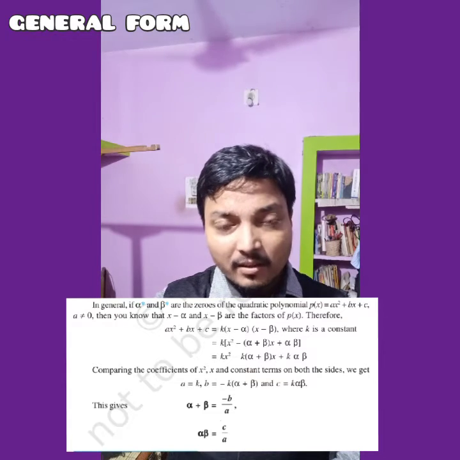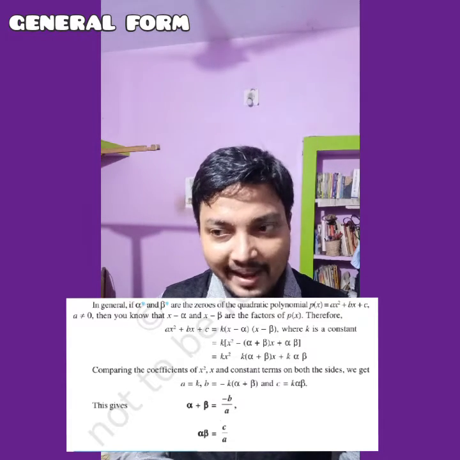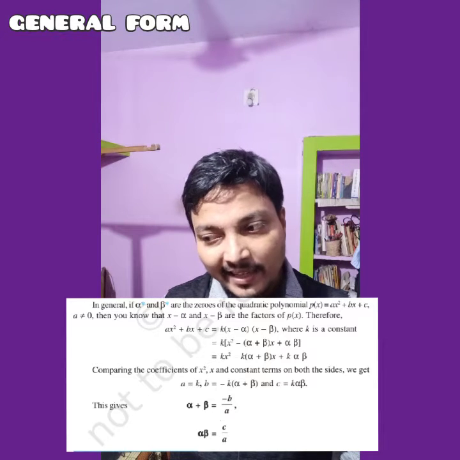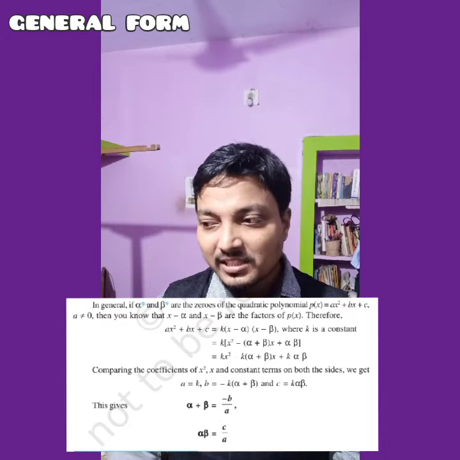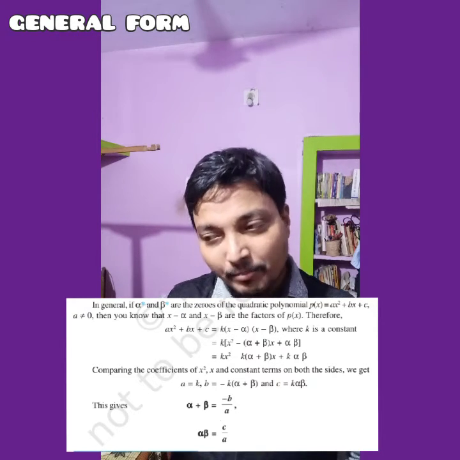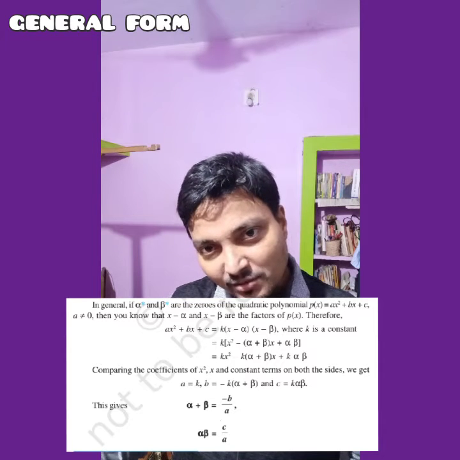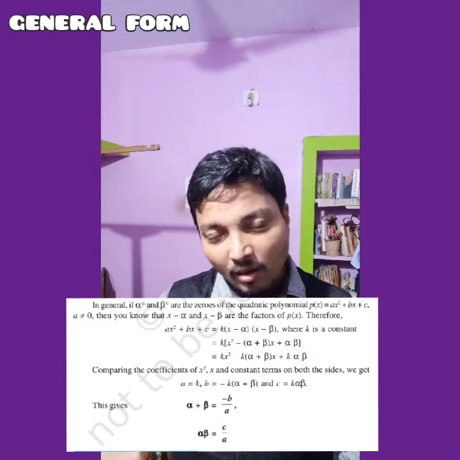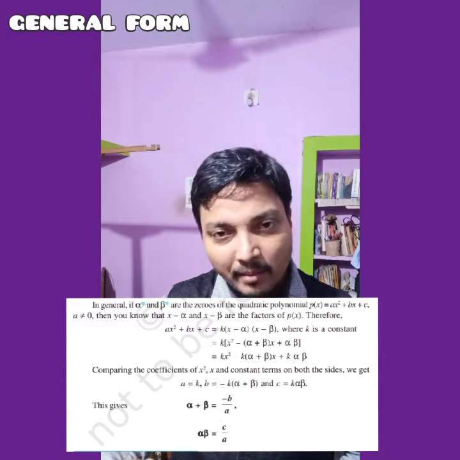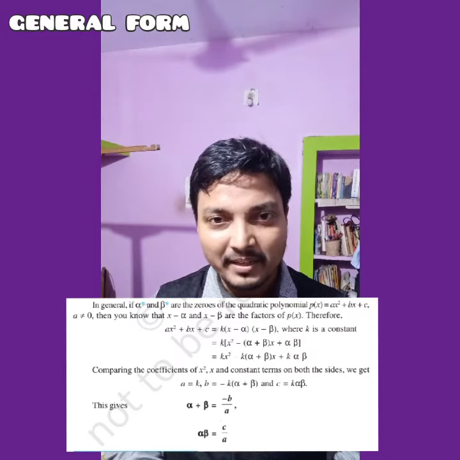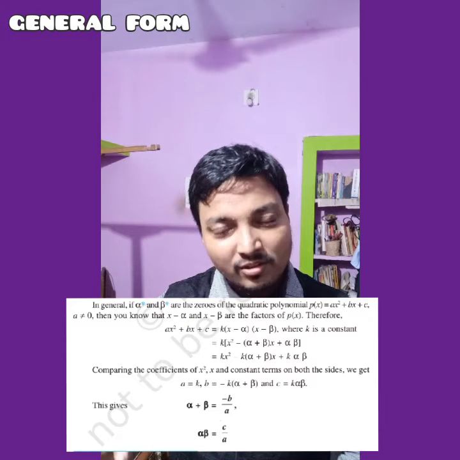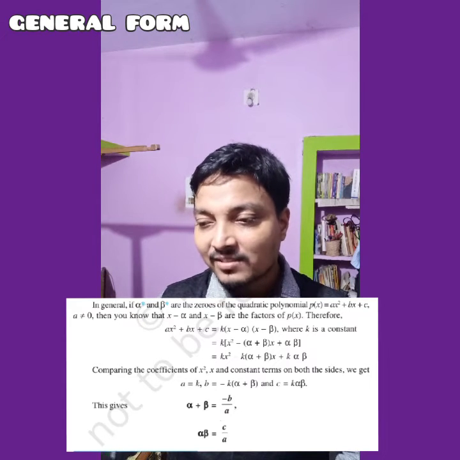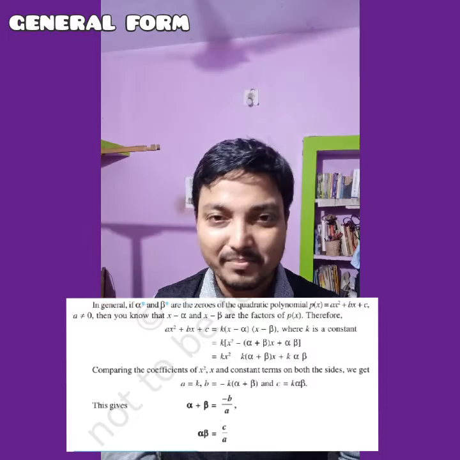But in the first comparison we got k is equal to a. So alpha plus beta is equal to minus b by k. In place of k I am putting a, which is equal to b by minus a. I can transpose the negative sign from the denominator to the numerator. Upper one may be negative, otherwise the below one may be negative, always the rational number will be negative. 1 by minus 2 is also the same as minus 1 by 2. Ready? So I am writing alpha plus beta is equal to minus b by a.